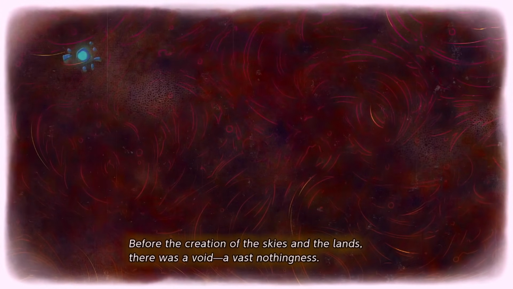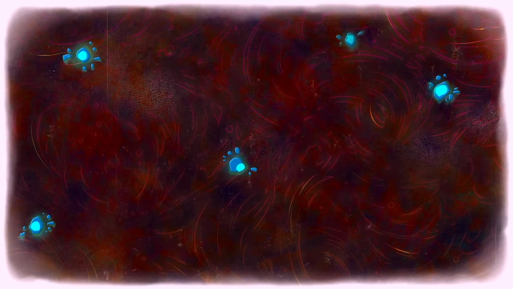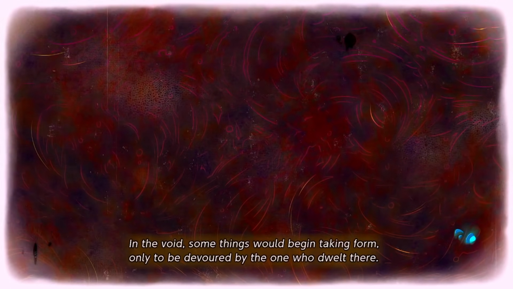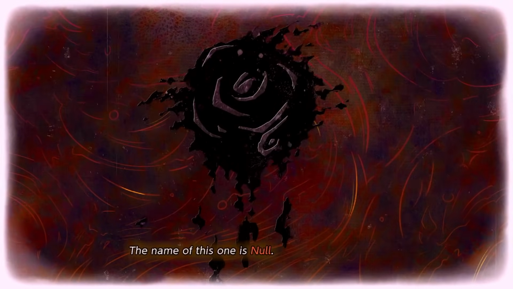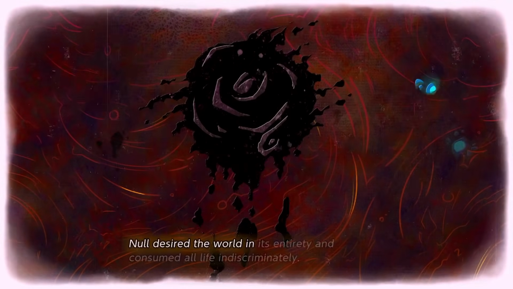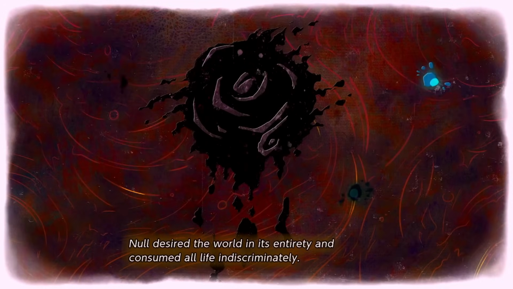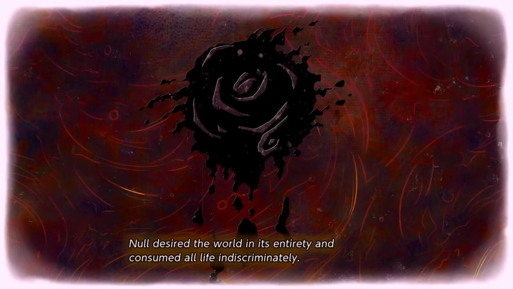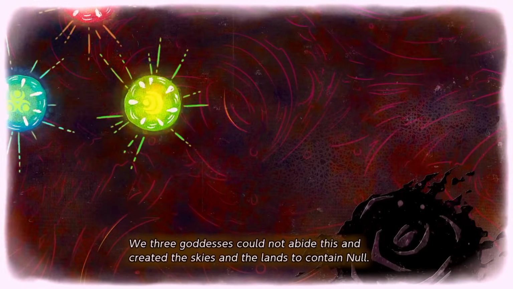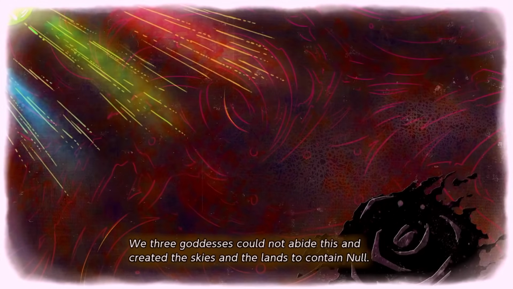Before the creation of the skies and the lands, there was a void, a vast nothingness. In the void, some things would begin taking form, only to be devoured by the one who dwelt there. The name of this one is Null. Null desired the world in its entirety and consumed all life indiscriminately. We 3 goddesses could not abide this, and created the skies and the lands to contain Null,